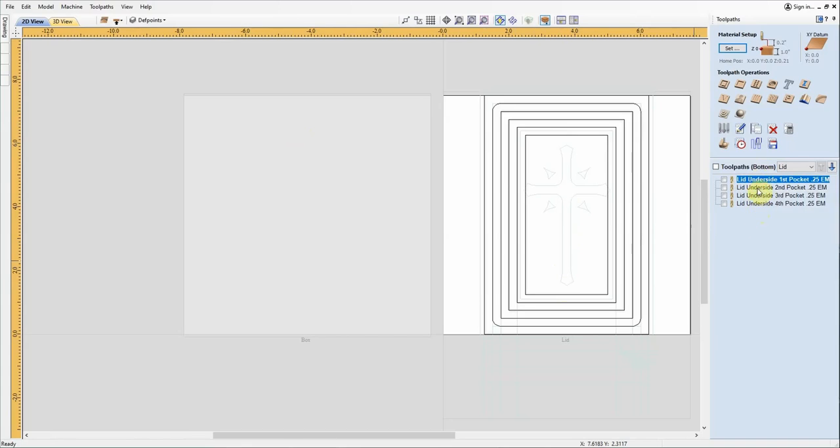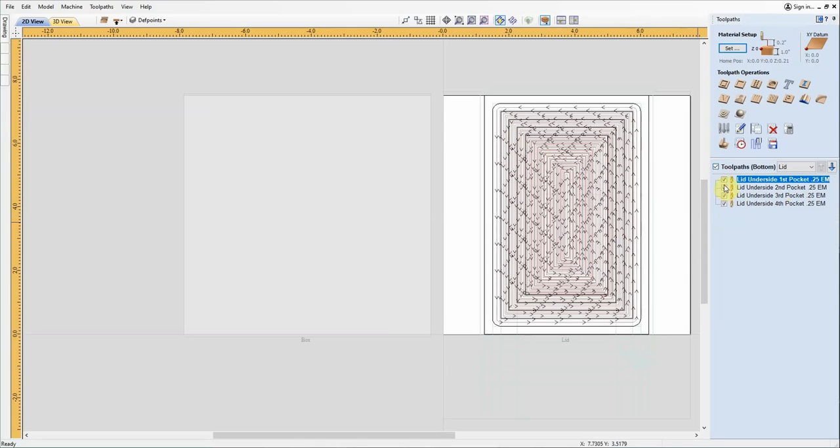They're laid out here. You can see what's going on with them. And one of the things I really like about making G-code files with vCarve is you can combine all these. In fact, you can combine any tool paths you want that don't require a tool change or a flipping over of the side. So all the tool paths on the underside are these ones listed right here. So when I go up, what I'll do is select them all this way, and then I'll go up to write the G code,